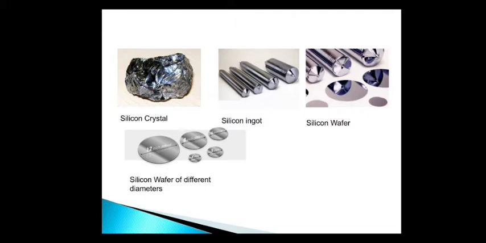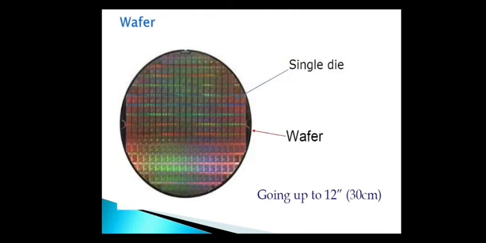Now, this wafer is a round slice of silicon on which the individual dies, that is chips, are printed. It's a plate of about 12 inches. The wafer will go through a number of steps as the circuits are built up. Depending on the size of the circuit, you could have hundreds or thousands of chips on a single wafer.